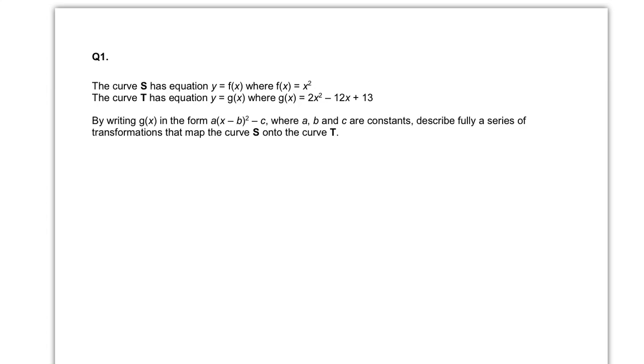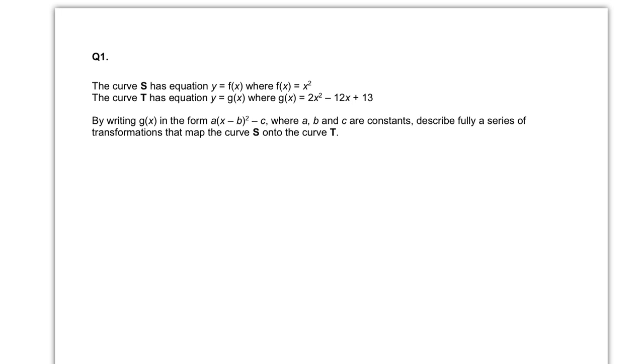Okay, question 1. So, transformations of graphs. The curve S has the equation y equals f of x, where f of x equals x squared. The curve T has the equation y equals g of x, where g of x equals 2x squared minus 12x plus 13. By writing g of x in the form, and this form is completed square form. Okay, so we've done completing the square before, and then it wants us to describe the transformations, which we can